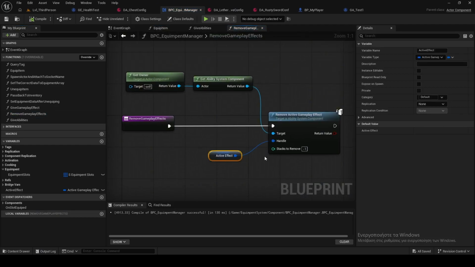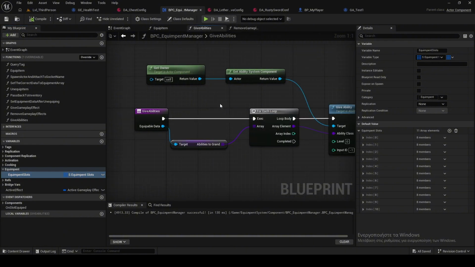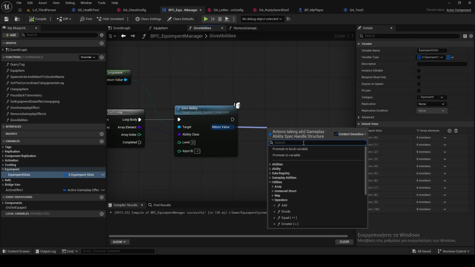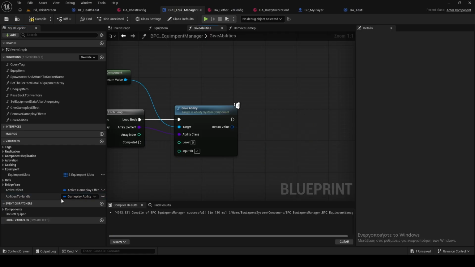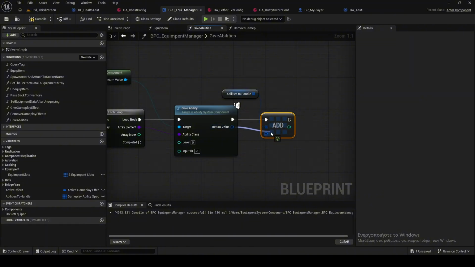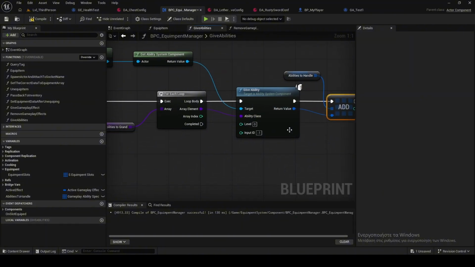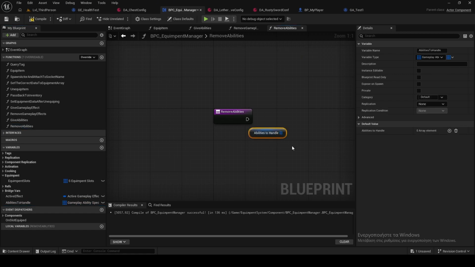This shouldn't be a single variable. This should be inside the equipable slots. And also in the give abilities, I should promote this to a variable, and instead of abilities, let's say abilities to handle, right? And this will be an array. So add. So now I have an array that I can remove, and if I say remove abilities, I can get my array,